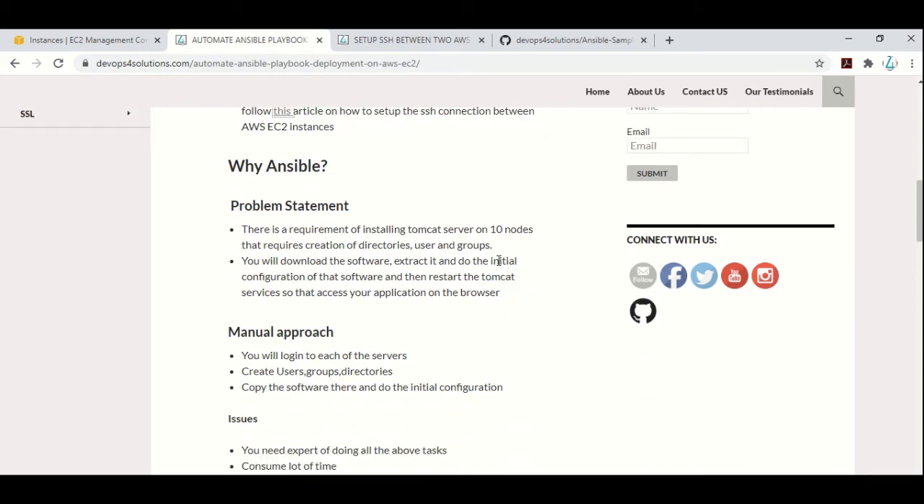Now, the question is why Ansible? Why do you want to do that? So, let's take an example here. You have a requirement of installing Tomcat server on 10 nodes, and what does it require? Whenever you install some software, it's a general thing. You create some directories where that software needs to be installed. You create some users because we always want the